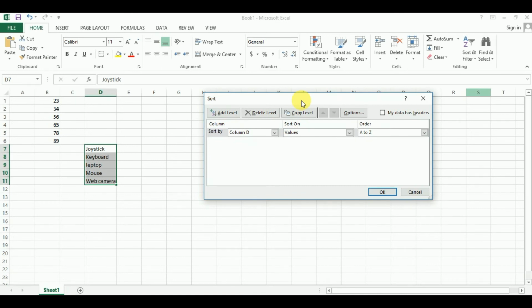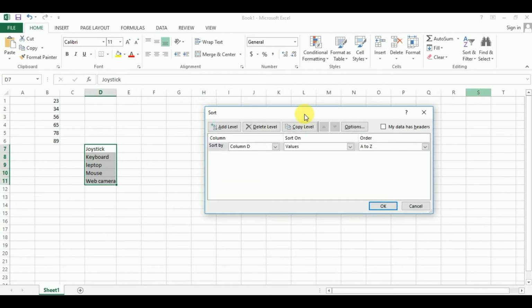In the dialog box, click on options. In the sort options dialog box, click sort left to right, then click on OK. I already used column D for values, so you can also use whichever column you want to sort the data by. It automatically selected this column in this sort dialog box. Step 5, from the sort by drop down list, click on row 1 because that's where the headings are located. Click on OK to sort the columns.